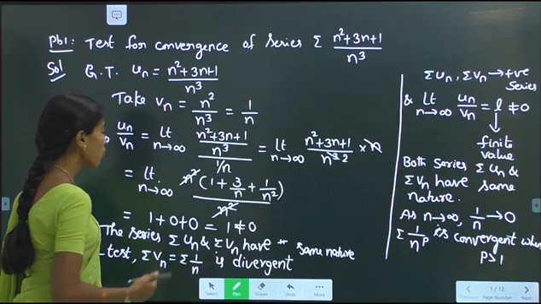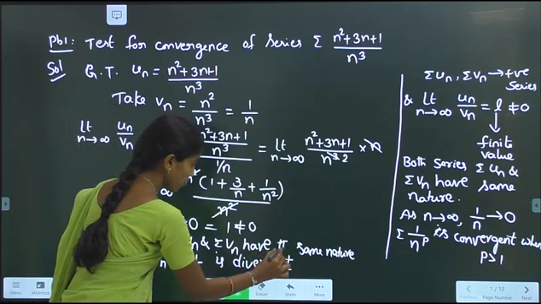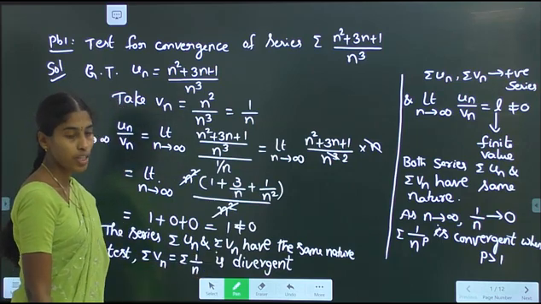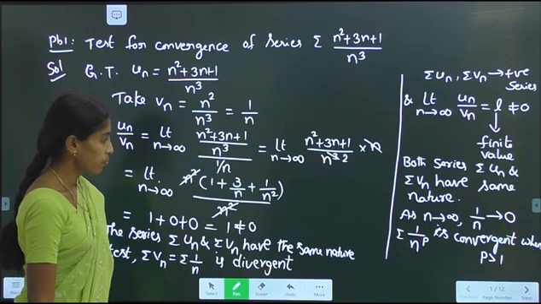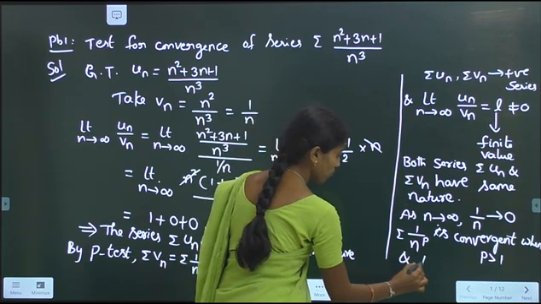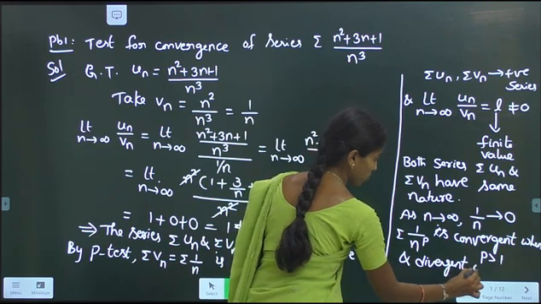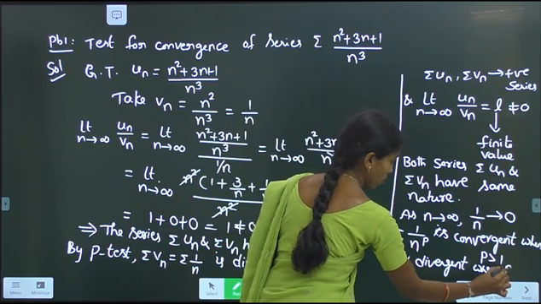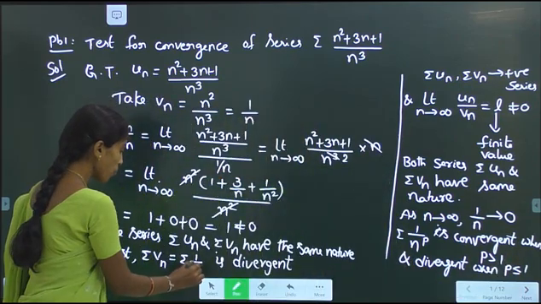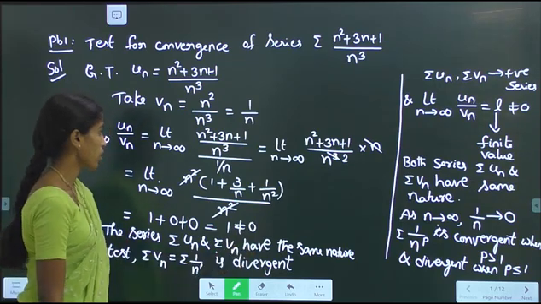Because by using the limit form of comparison test, both un and vn have the same nature, right? Because here sigma vn is divergent when p is equal to 1. It is convergent when p greater than 1 and divergent when p less than or equal to 1. Because here the value of p is 1, 1 by n can be written as 1 by n power 1, which is divergent. Therefore,